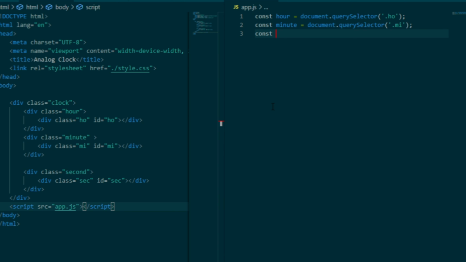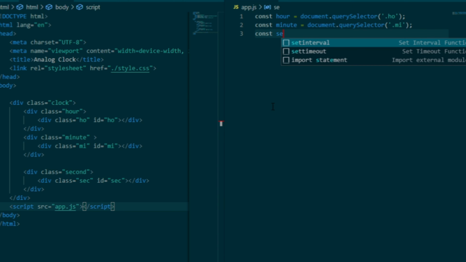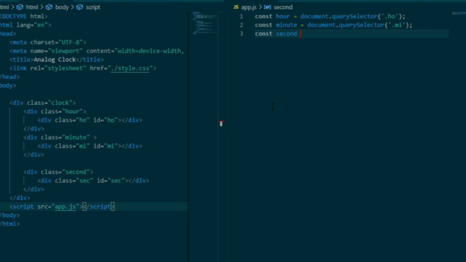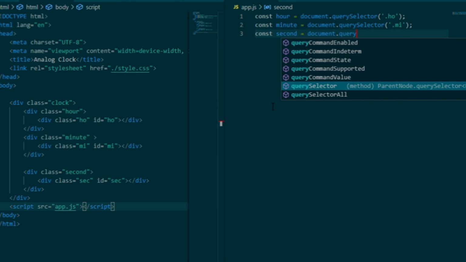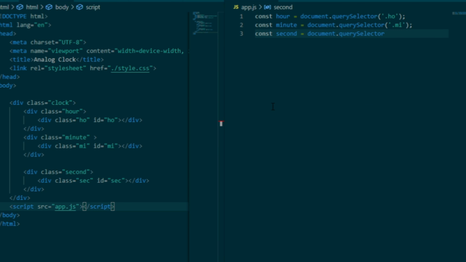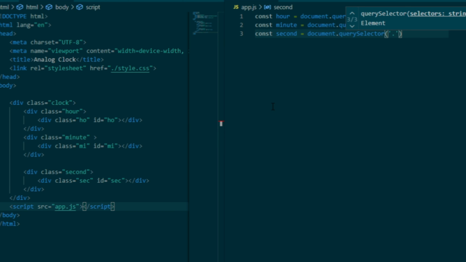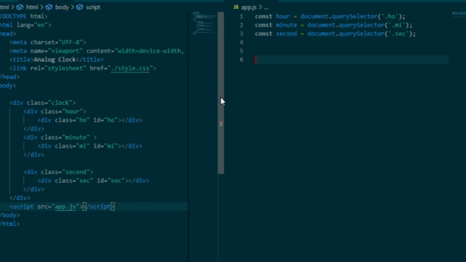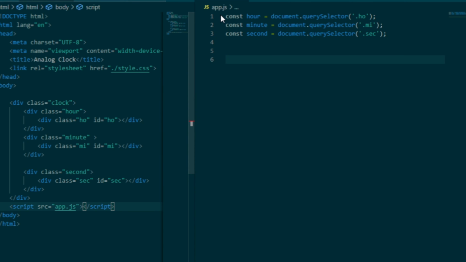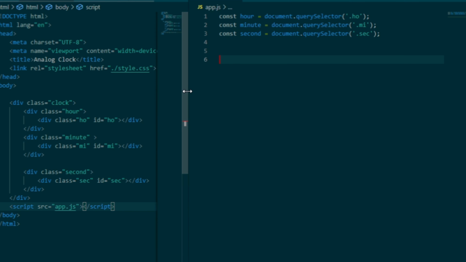Const second, that's equal to document.querySelector, and that is sec. Okay, so this is the basic thing. These are the JavaScript codes to grab the elements of this HTML.